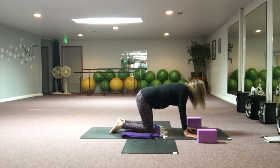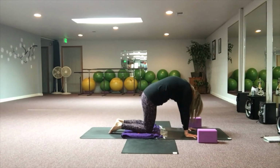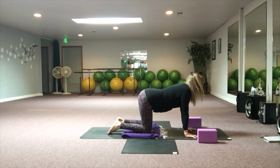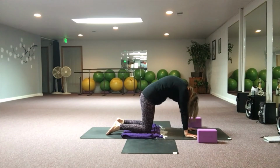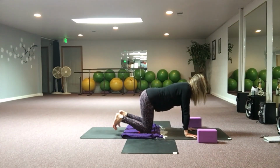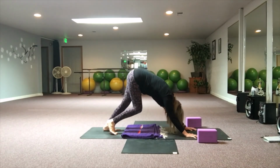Coming back to hands and knees. And we'll do a couple of cat-cows. Exhaling cat, inhaling cow, and again cat, and cow, and we'll do one more cat, one more cow. We'll come back to downward facing dog, take a pedal,